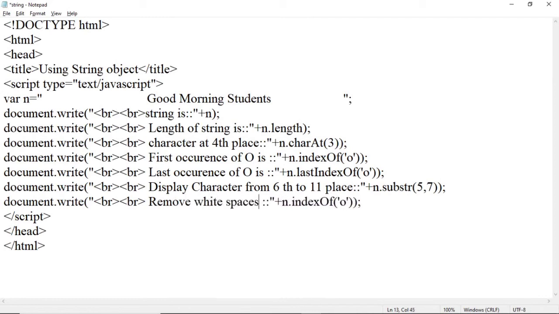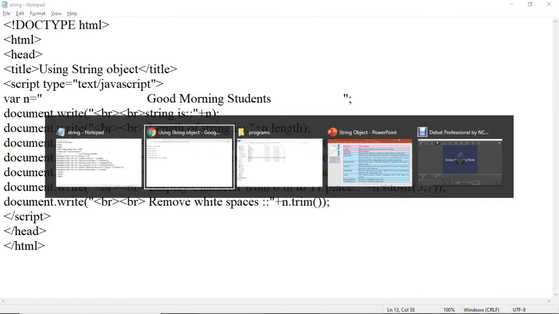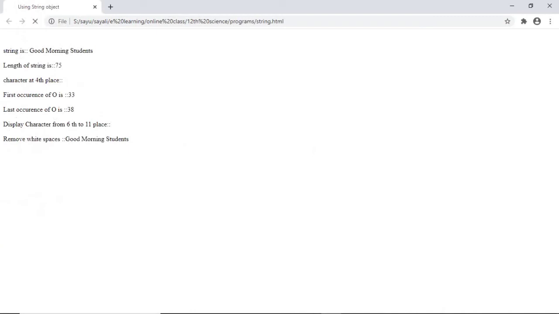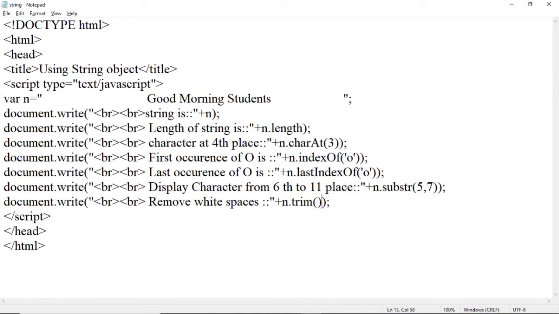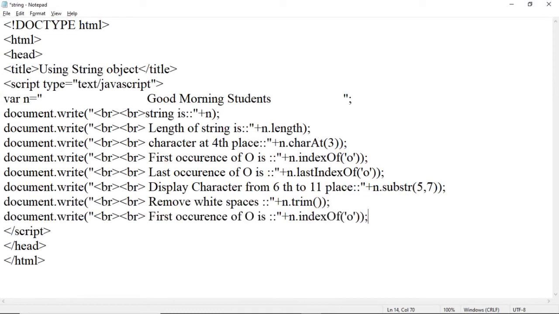To remove the white spaces, the method used is trim. So n.trim. Save this program and refresh the page. See, the characters in the string are 75, but after removing the extra white spaces, the string is "good morning students" only.